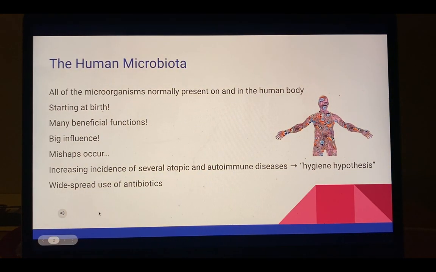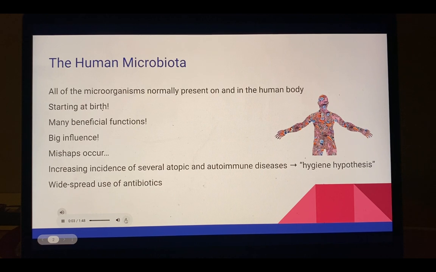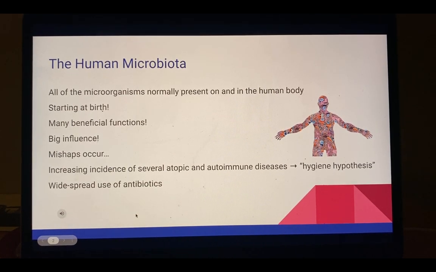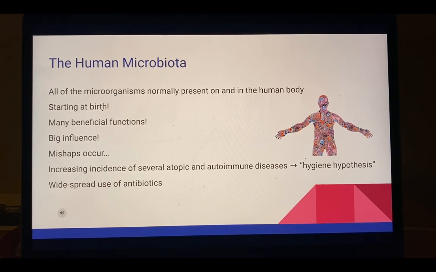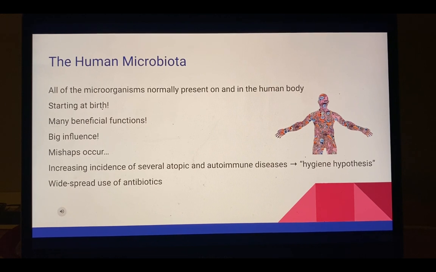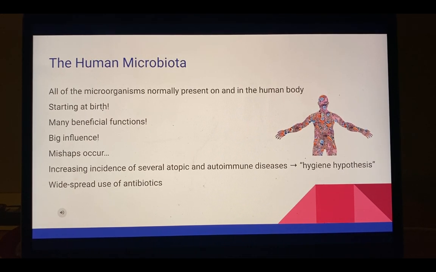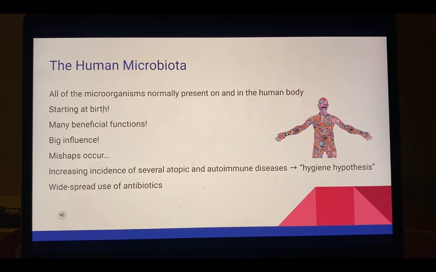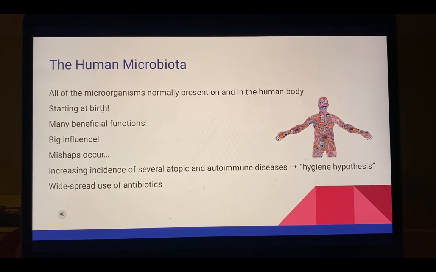The human microbiota is all of the microorganisms that are normally present on or in the human body. So starting at birth, the human is exposed to more and more microorganisms in its environment that eventually adapt to survive in certain areas of the body. Bacteria in the human microbiota participate in digestion, immune system regulation, protection from disease-causing bacteria, production of important vitamins, and more. The human microbiota can influence someone's susceptibility to infectious disease, contribute to chronic illnesses, or even determine how a body responds to pharmaceutical treatments.